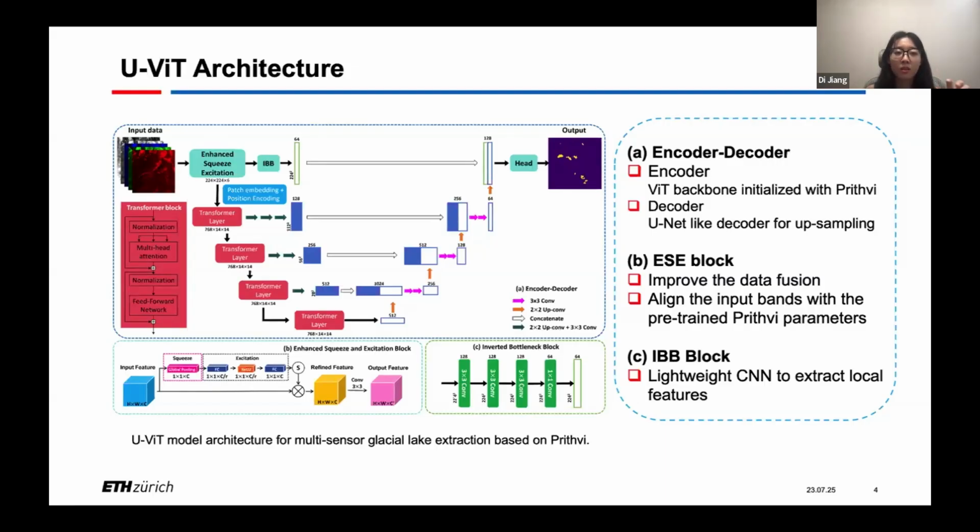And besides that, using the inverted bottleneck block in the second part of this first layer, it is a lightweight CNN model to extract local features, which can in some way complement the vision transformer model for global feature extraction.